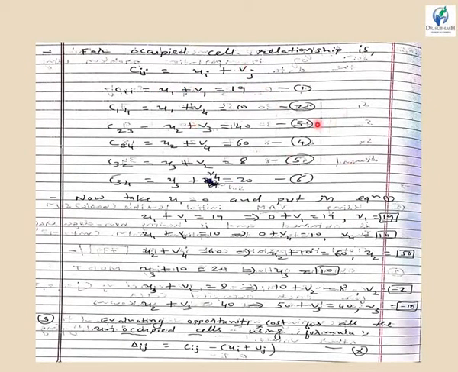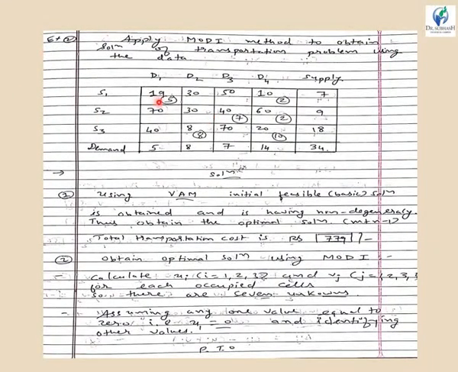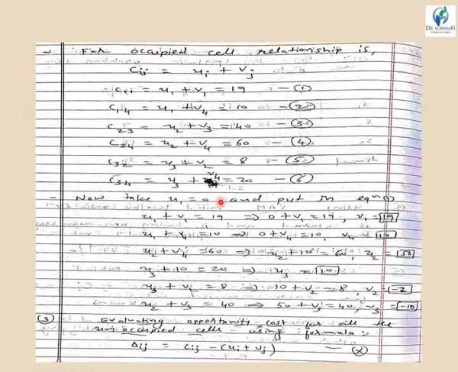Why are we doing this procedure of finding Ui and Vj? We are trying to check whether there is any possibility of more reduction in cost or not. For that purpose we are doing this whole procedure. For an occupied cell the formula is Cij equals Ui plus Vj. The occupied cells where we had done the allocation will be written like this: C11 equals U1 plus V1. You can find in your first slide for this particular example that you have allocation in the first cell, then in the fourth and first. So all those values will be written in this.